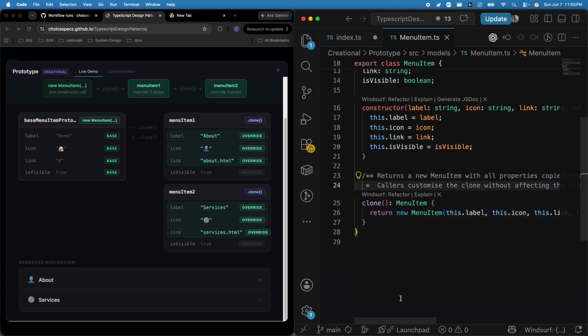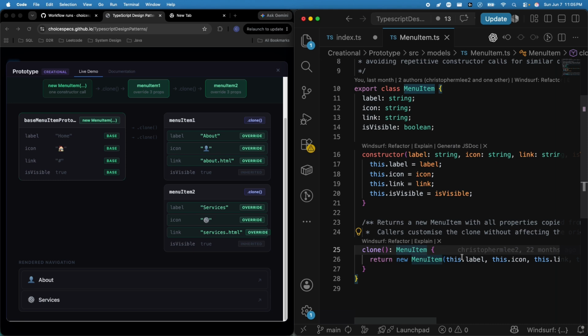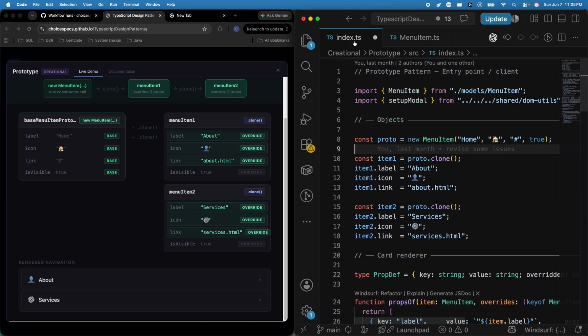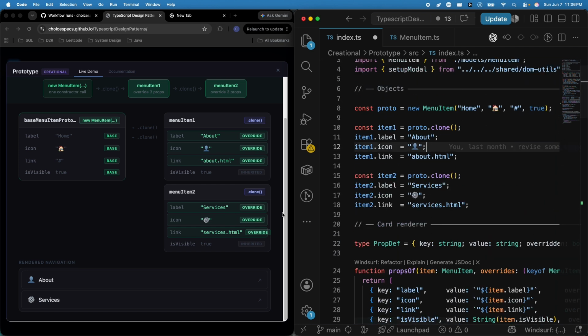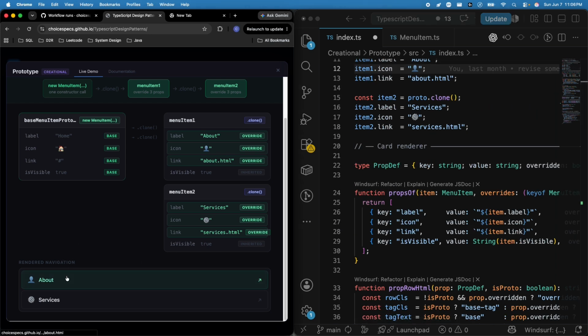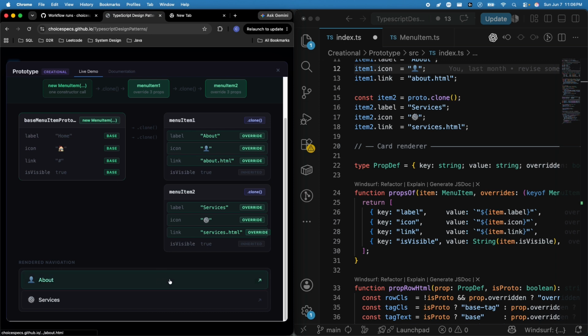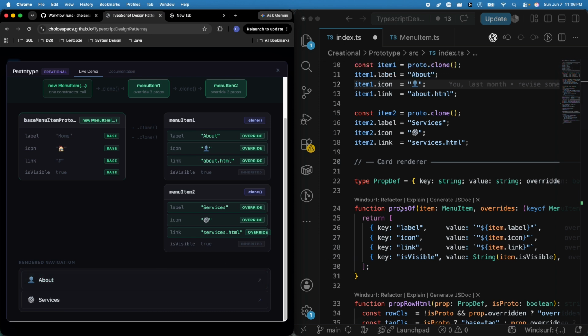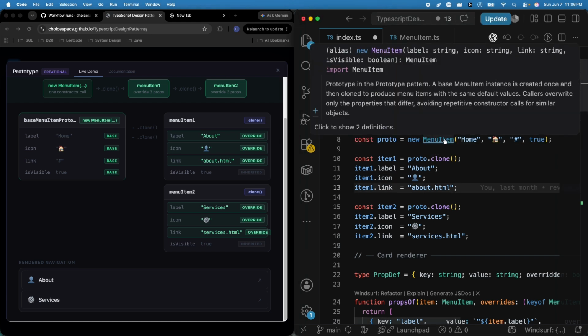And the clone will return the new menu object with everything that's the same: the label, the icon, the link. And later from here, all we're going to do is override those specific values. And once we override those values, we can create these buttons and items on our navigation bar without having to create a totally new menu item, which in theory we are doing, but the